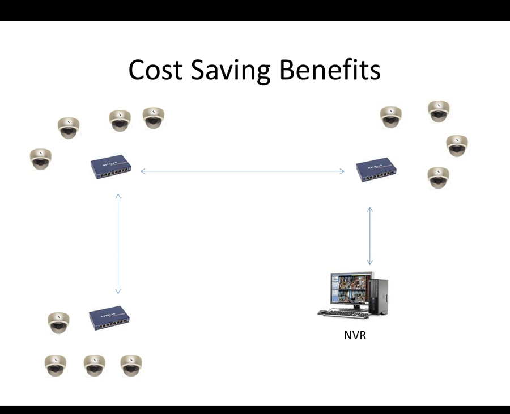So this way you don't have to do a home run all the way back to the main switch. So that saves you a lot of wires. As you can see, you're really only running the cables for the cameras to the nearest switch, and the switches get connected through one UTP cable. This also gives you the benefits